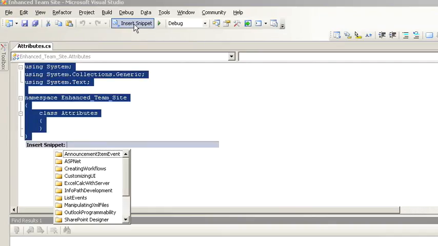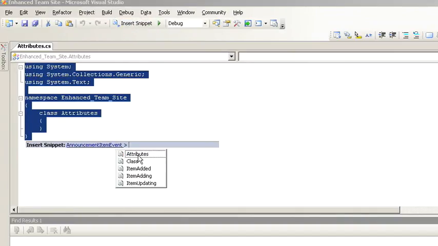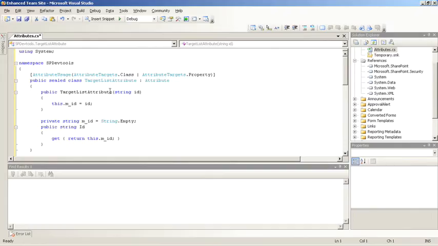The snippets I use in this chapter are installed in the project folder on the desktop. What you'll want to do is copy those over into your personal Visual Studio Snippets folder. Choose Announcement Item Event, and then Attributes. Notice this class is using the system. I'll save my work,